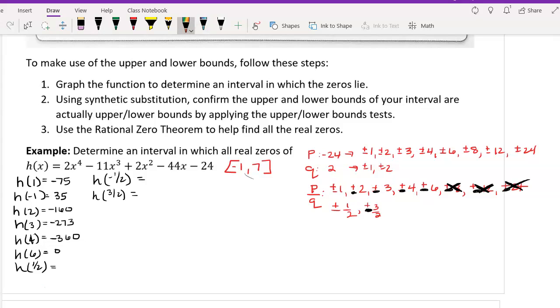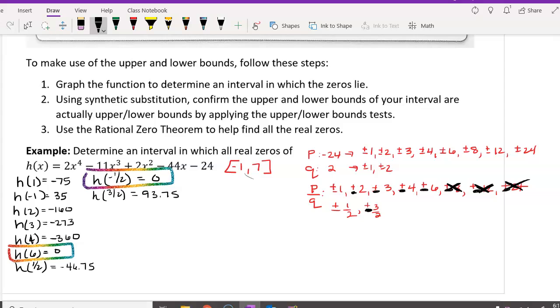So we can put a little box around here saying, okay, we're going to make sure to use this value. H of 1/2 is negative 46.75. H of -1/2 is 0, so there's our second 0 that we can use. And then h of 3/2 is 93.75. All right, so we're going to go through that synthetic substitution